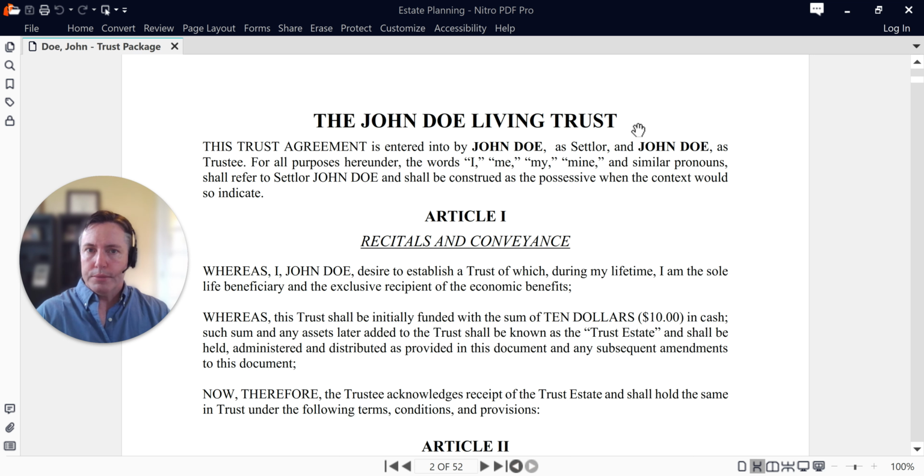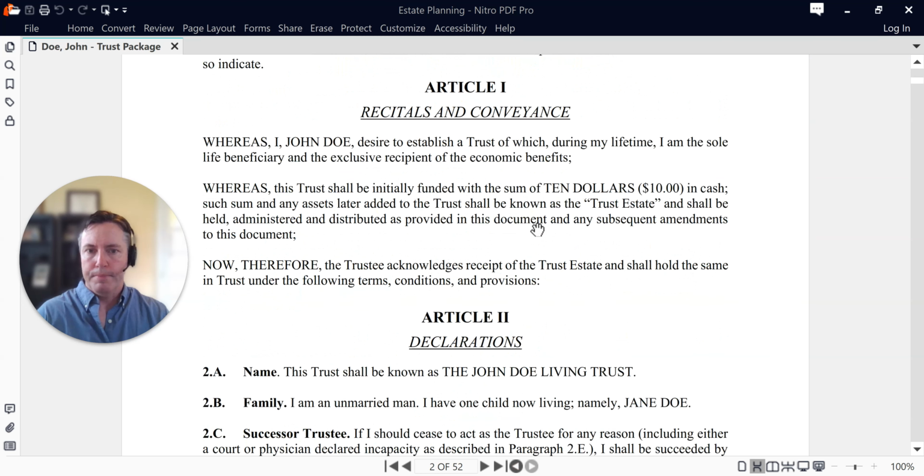So the name of the trust right up top here, usually the last name, can be just about anything, but usually keeping it your name is going to make it easier for people to recognize and have less trouble down the road. And then we have the settlor, that's the creator of the trust, and then the trustee. They're usually one and the same, so the person who sets up the trust would also be the trustee. If it's a married couple, usually both spouses would be trustees simultaneously, and then the survivor of them, the one who's alive and competent, would still be running the show in that scenario.